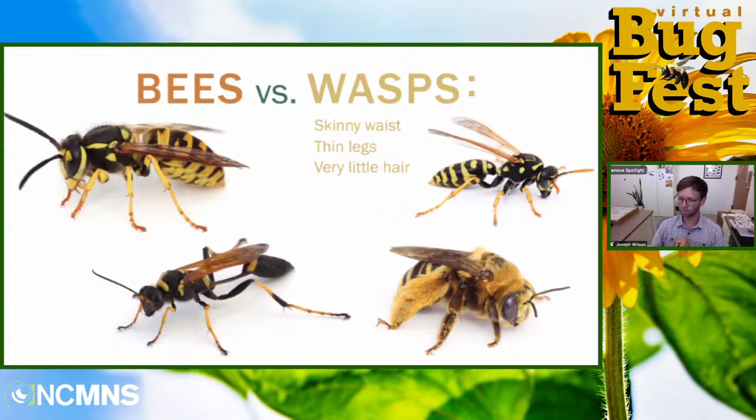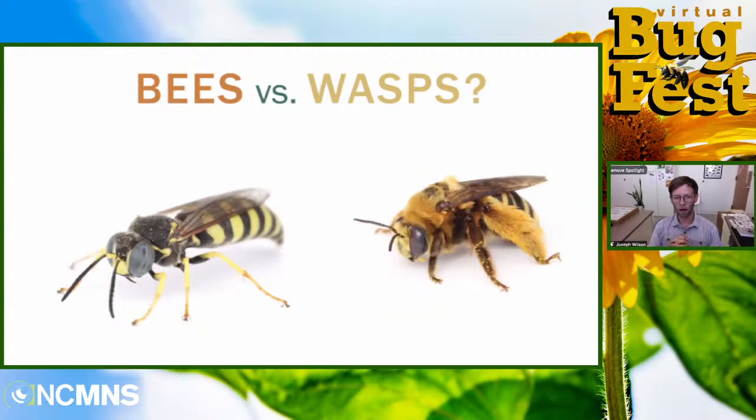So let's do a quiz here. On the left, is it a bee or is it a wasp? And I'll look at the chat to see if people are answering. It's an easy one, right? Everyone's saying it's a wasp, and it looks like a wasp. One other characteristic that people sometimes will use is they say wasps look mean. And I agree, that wasp looks kind of mean and the bee looks nice and fuzzy and cute.